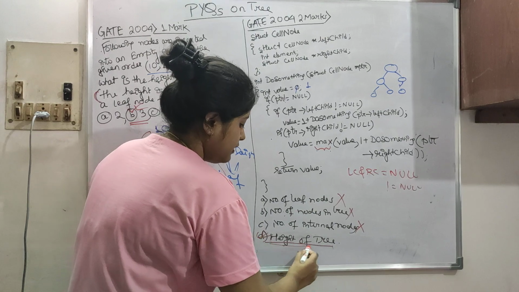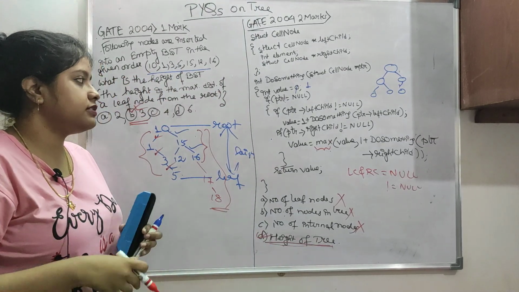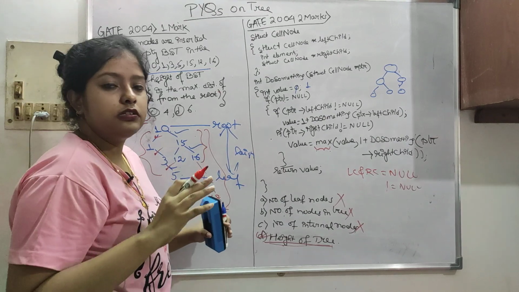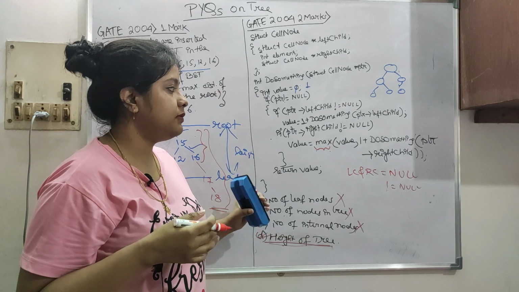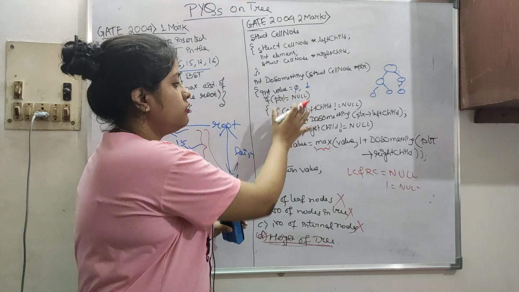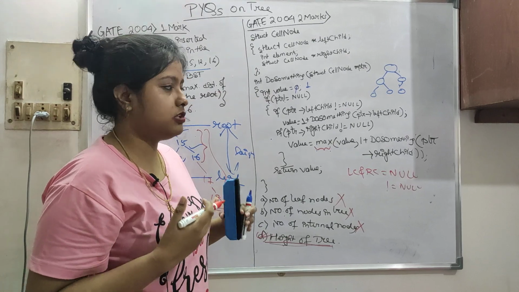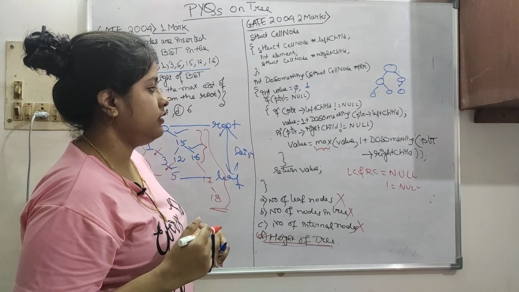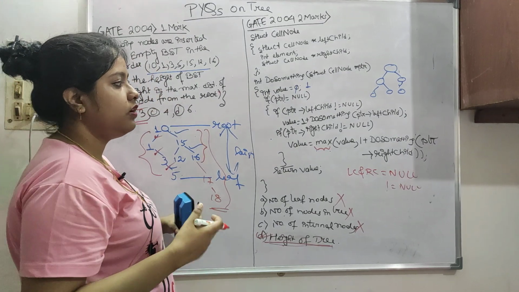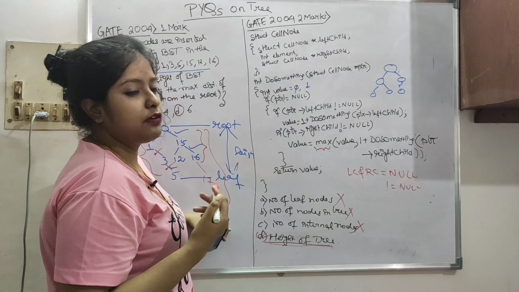So here we are finding the height of the tree. This kind of question is also asked. You don't have to do the question on your own from scratch. In GATE, because it is easy, you just have to evaluate what their question is asking, not write the whole thing on your own. So this is a good thing. Practice more of this kind of question if you can find them, as that will be helpful.